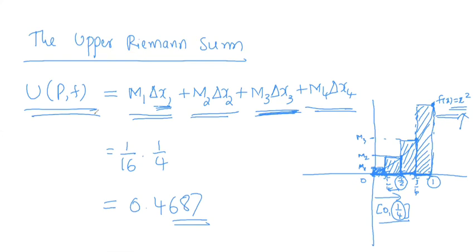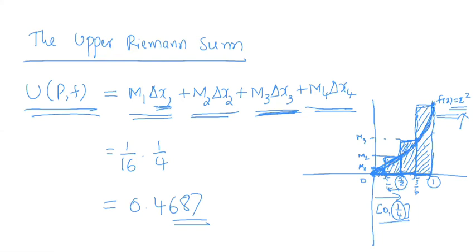So what is the upper Riemann sum? The upper Riemann sum is the sum of the area of the rectangles which exceed the function curve. This is the function curve. You are taking the sum of the area of these rectangles which have an extension, a triangle part, over the curve. So you are counting the extra area.